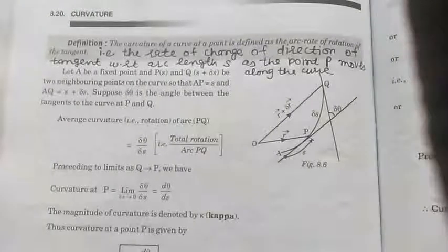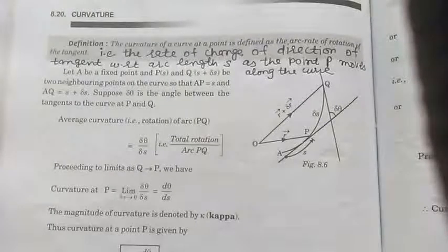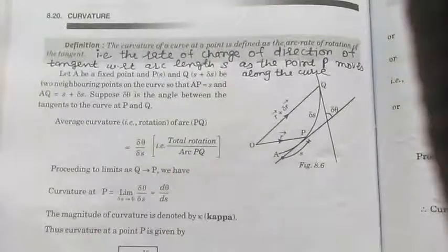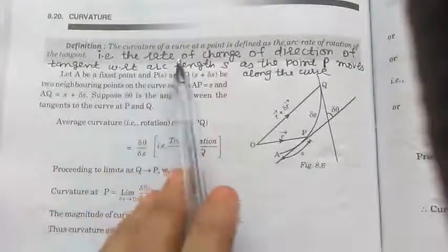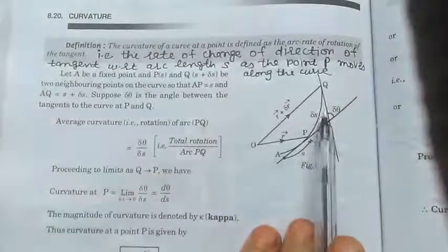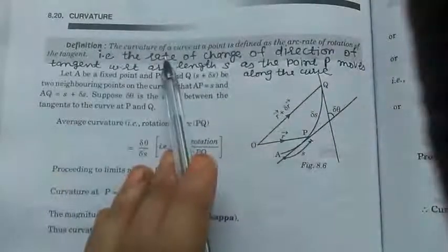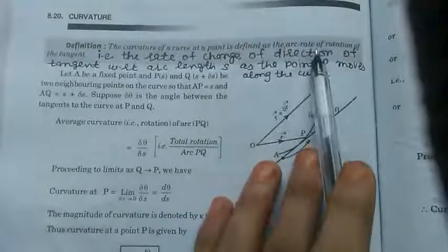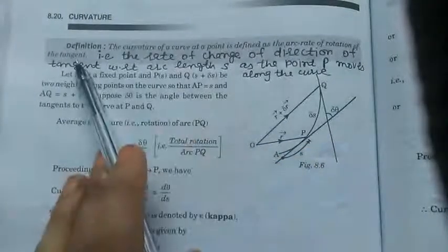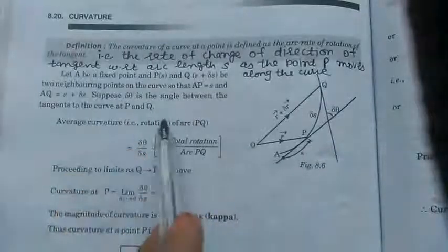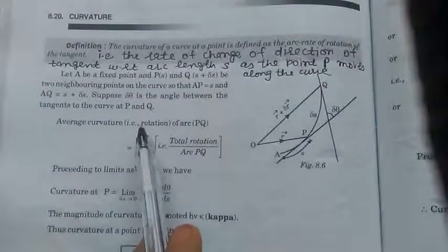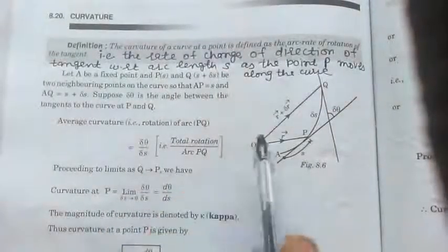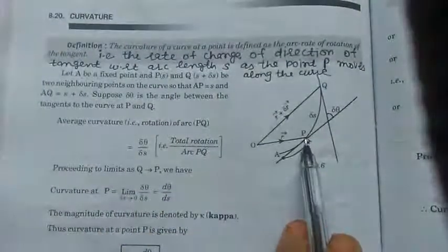Good morning, students. Today we will discuss the curvature and the torsion of a given curve. So firstly, let us define what is the curvature of a curve at a given point. The curvature of a curve at a point is defined as the arc rate of rotation of tangent, means the rate of change of the direction of tangent with respect to the arc length as the point P moves along